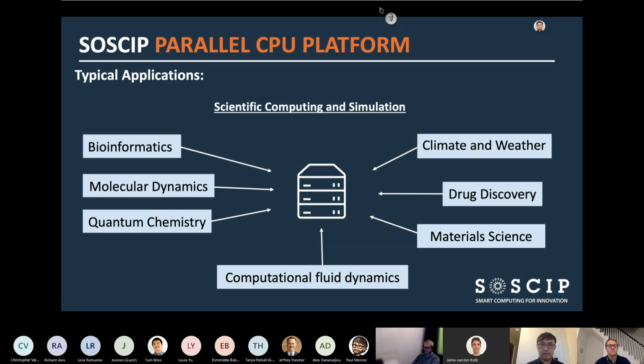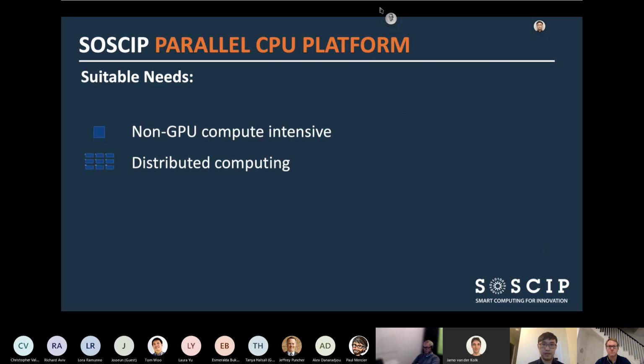Typically people doing quantum chemistry and computational fluid dynamics run simulations on this platform because that doesn't run very well on the GPU, or it has to be scaled across multiple nodes, so you cannot get high efficiency on the GPU platform. Yeah, so this platform is only available for people who cannot use GPU and who have to run distributed computing tasks. Next slide, please.